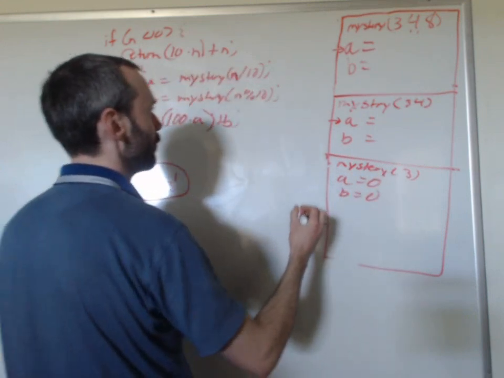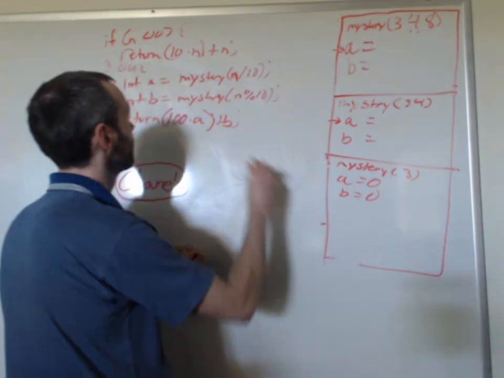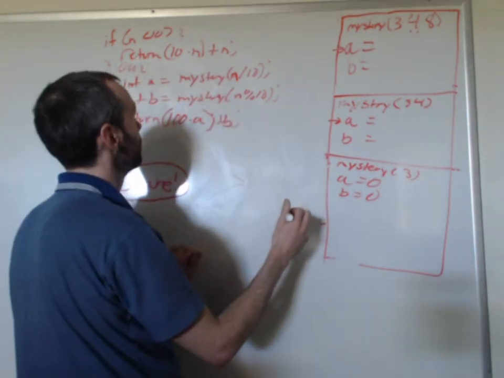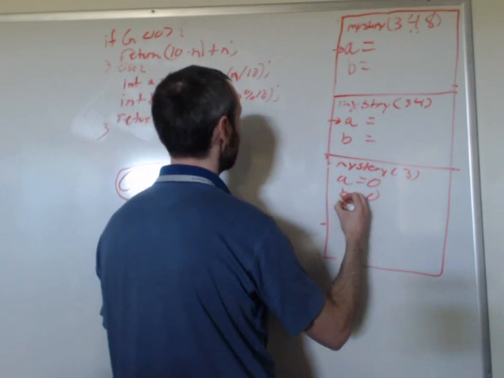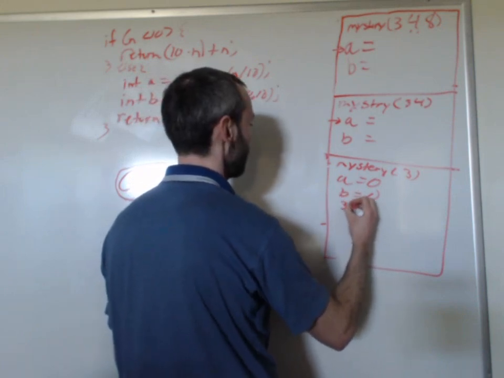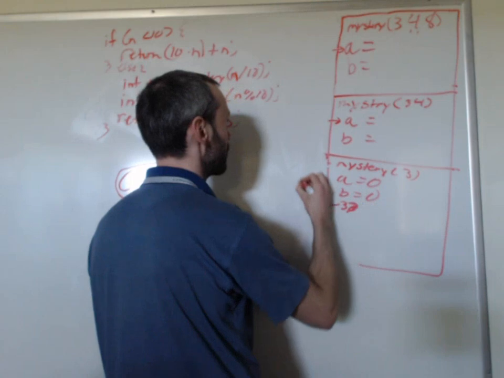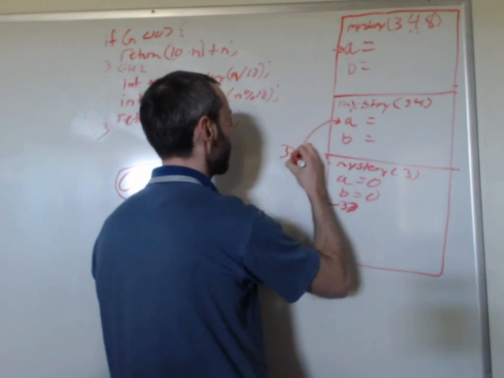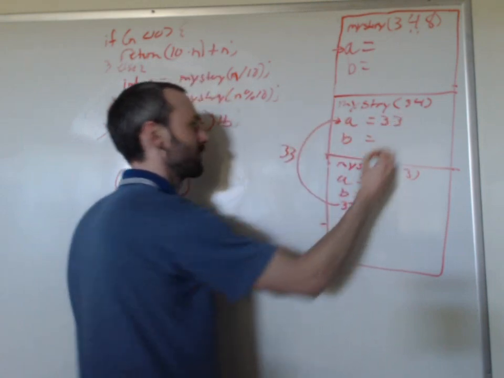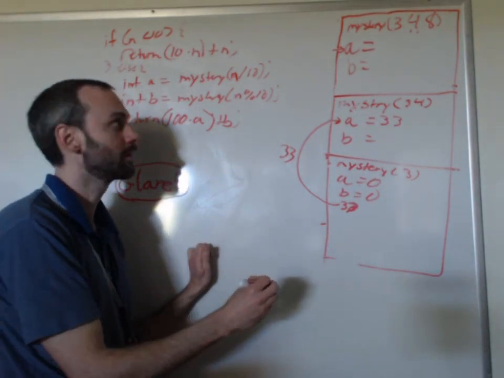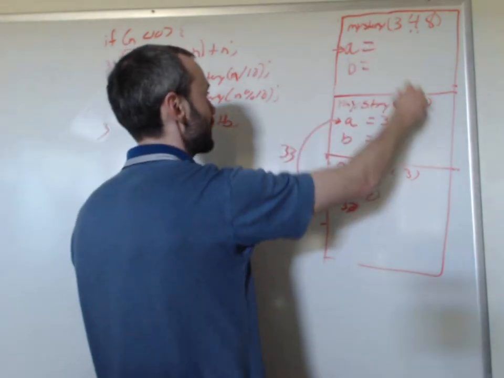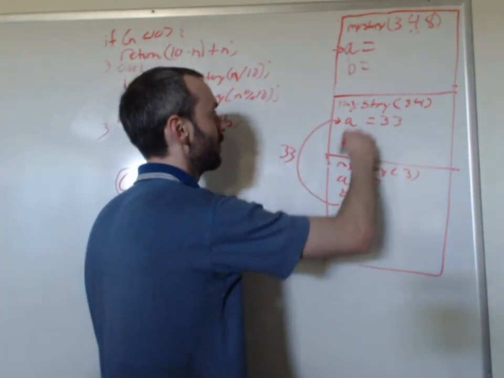And what are we returning? 10 times 3 plus 3, which is 33. So we calculate 33, and then we'll return that back to here. All right, so then we have 33. Y'all see what happened there? Why didn't you return it to the top? Because it goes down the stack. Now we're at the bottom, we're going to go up one.